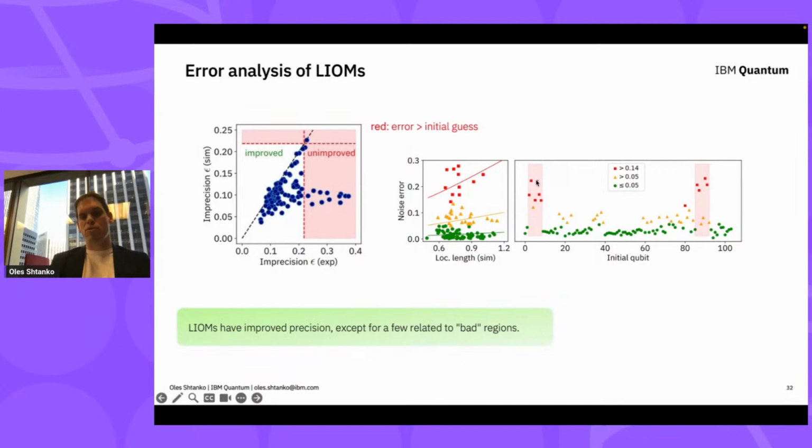And because they work poorly, you get this big error. So this essentially means that we can use our device, our experiment, as a sort of benchmarking of our device. And while this error epsilon is much easier to compute, just diagonalization of your system, this actually gives you a good opportunity to characterize large quantum devices. And that's an interesting and unexpected result of our study.